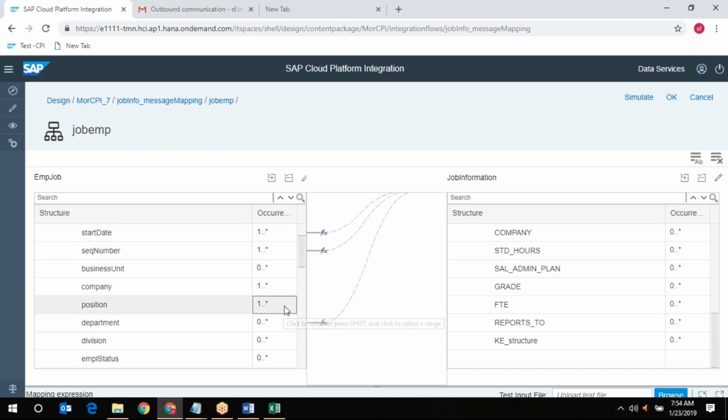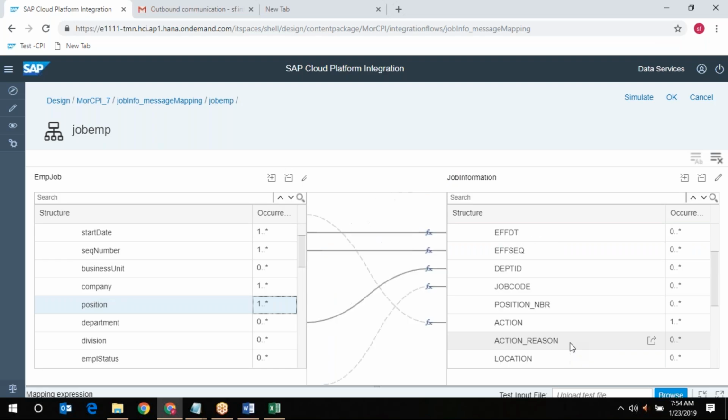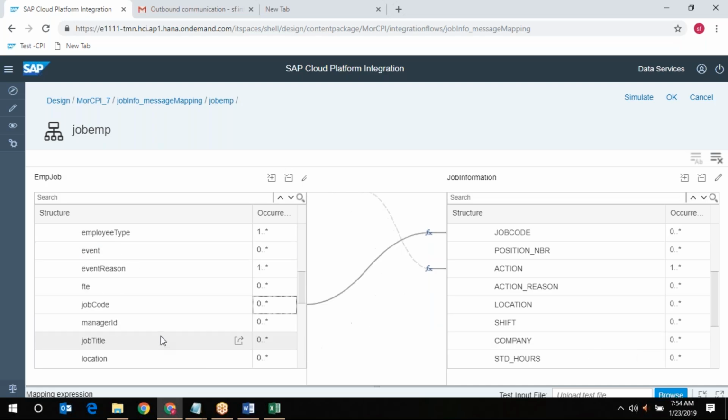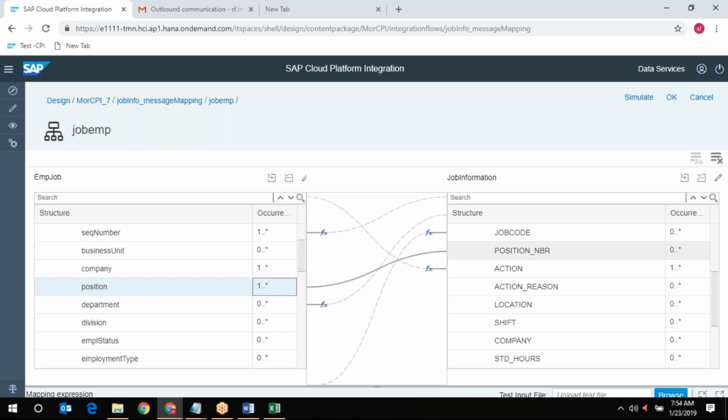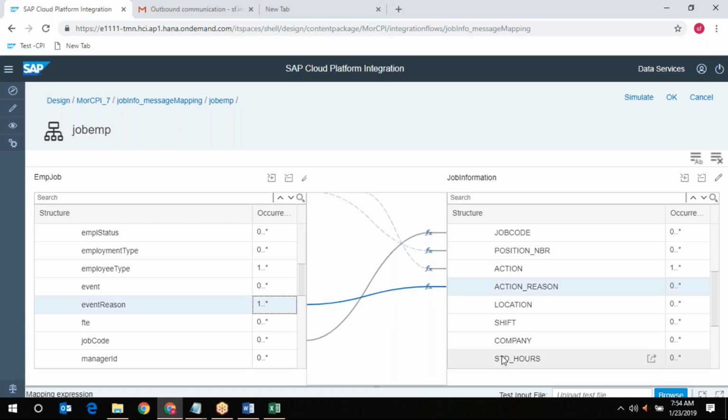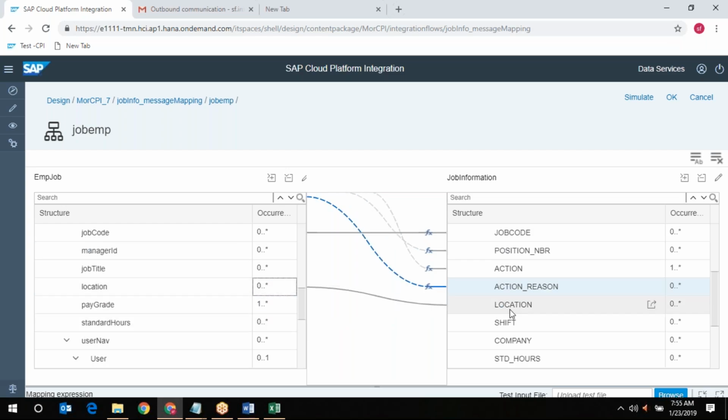Here is the position. Next, action reason is nothing but event and event reason, right? And next is